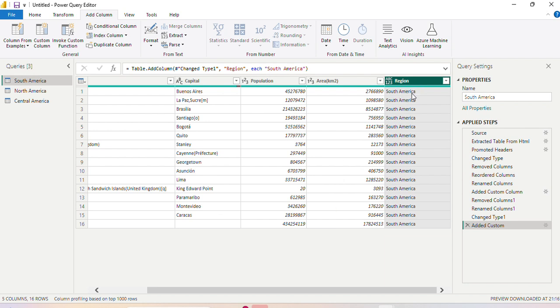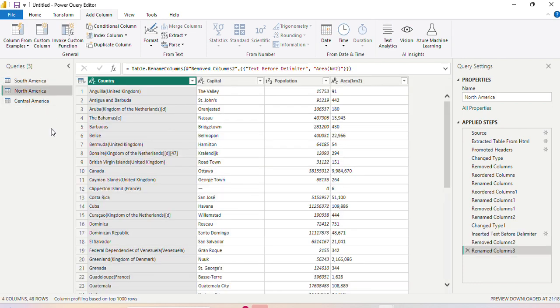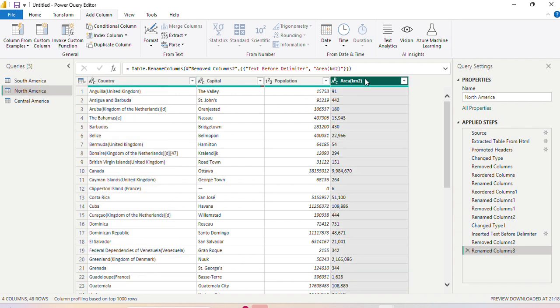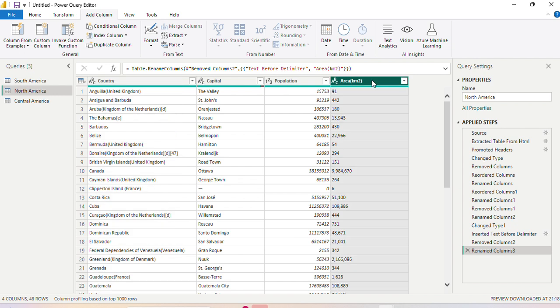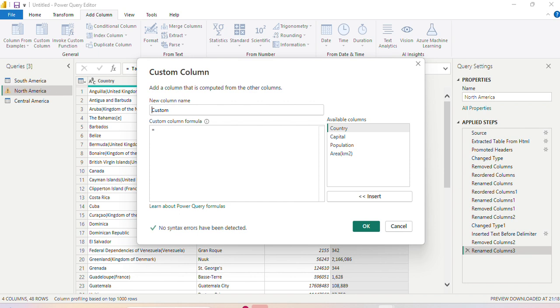Now you can see one more new column has been added to the South America table. Same thing we have to do for North America as well. Make sure to select the last column. Otherwise, if you select country, next country and capital between, the new column will get added in between. So make sure to select the last one, area, add column, again go to custom column, again do the same thing, region